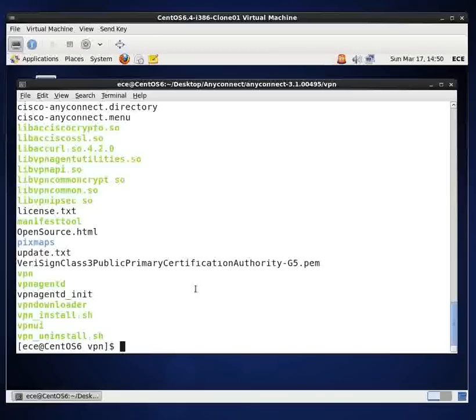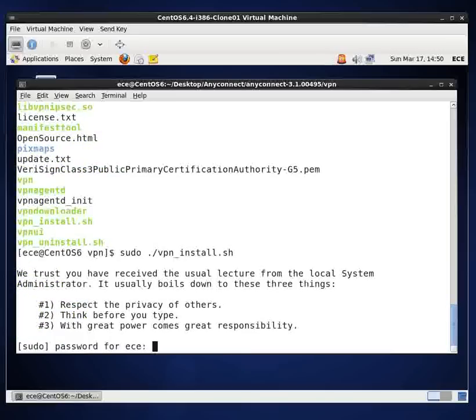So I'll type sudo ./vpn_install.sh, and then I'll hit enter, and it's my first time running a sudo command, and so now I'll type in my ECE or my user ID password,